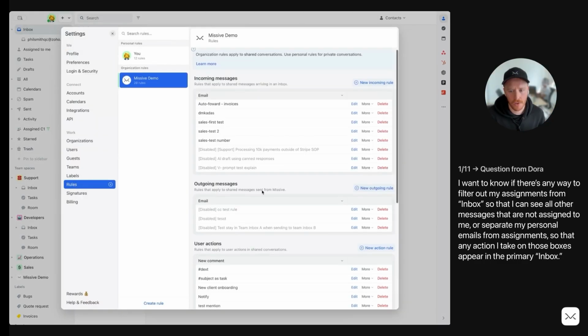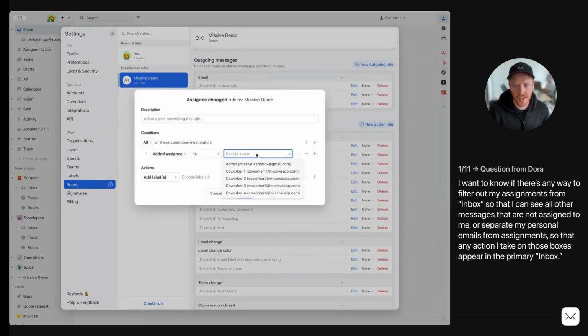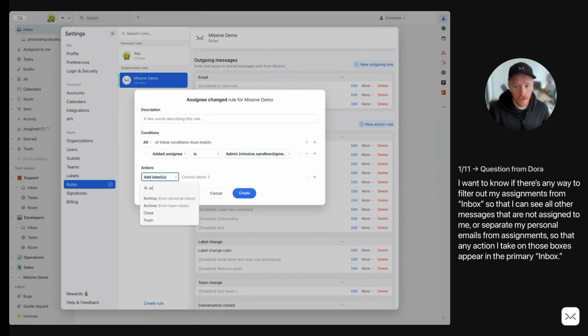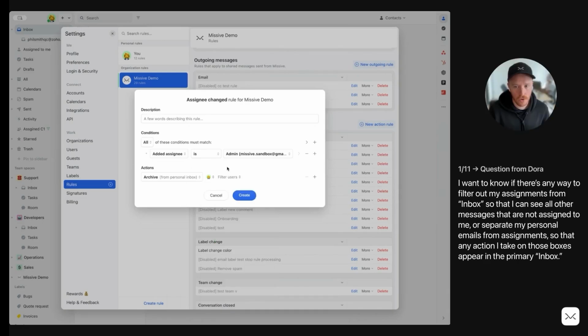For every conversation that is shared with you, conversation assignee change. If the assignee is me, archive from personal inbox for myself. Got it. So okay. That sort of rule, whenever someone assigns you to a conversation, not to a task, only to a conversation, you could have that sort of automation using rules for this to work. I'm just going to try making sure that